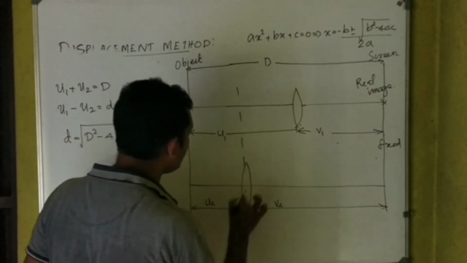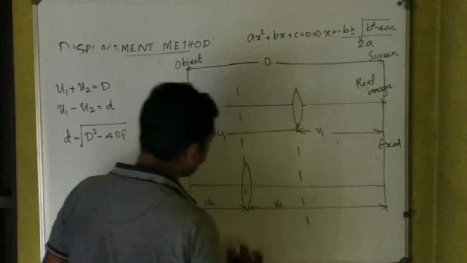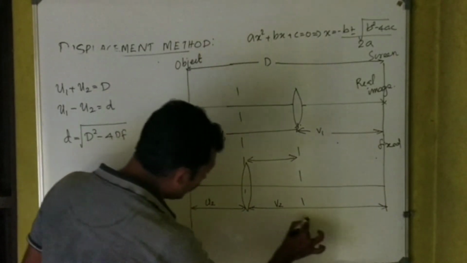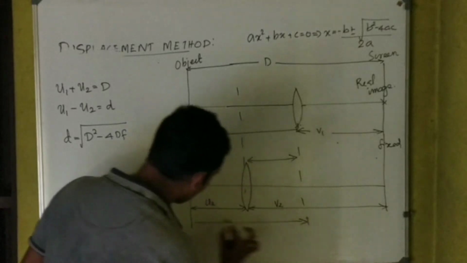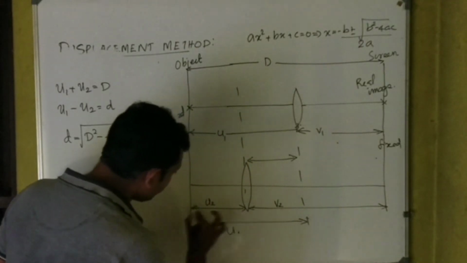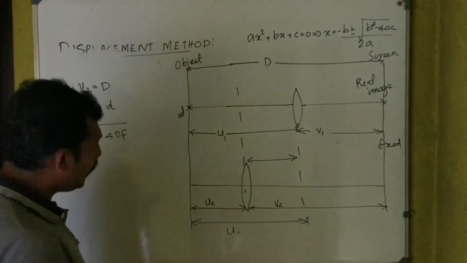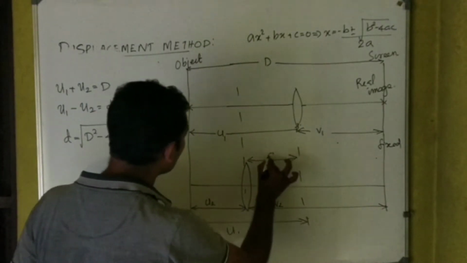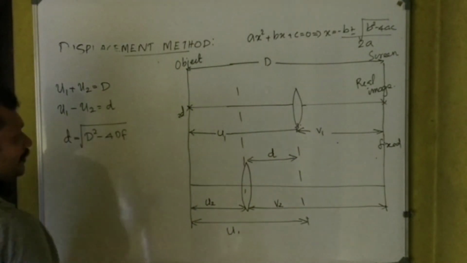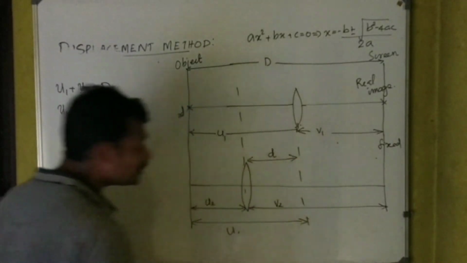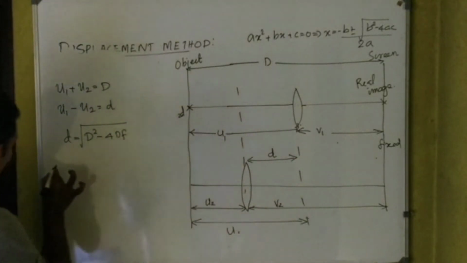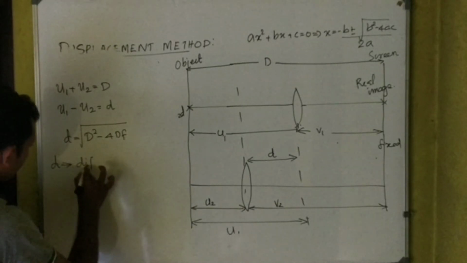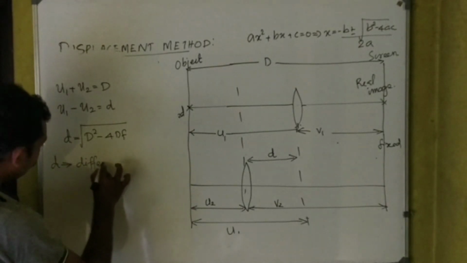Now you can see here, this much is u1, this much is u2, and you can see that this is equal to u1 minus u2, which is nothing but small d. That means we can define small d as the difference in lens positions